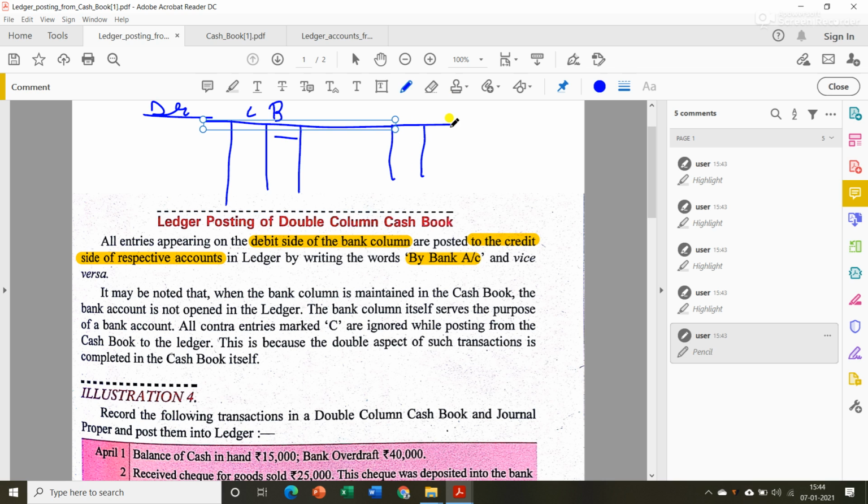Now this is the credit side, this is the cash column, and this is the bank column. Then vice versa: suppose any amount is appearing in the bank column on the credit side, then we have to write it down on the debit side of that particular account. It may be noted